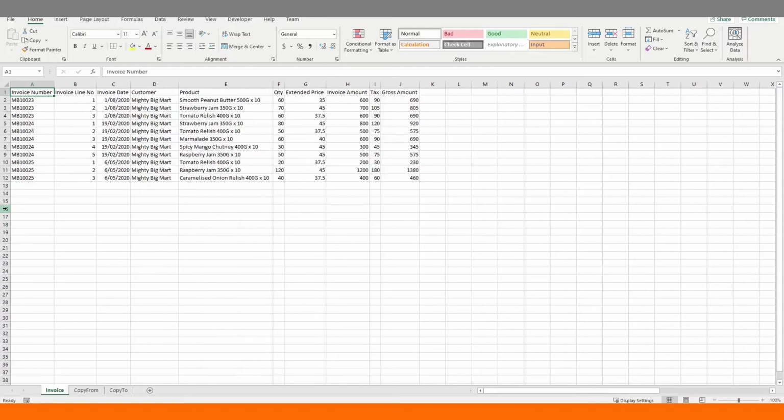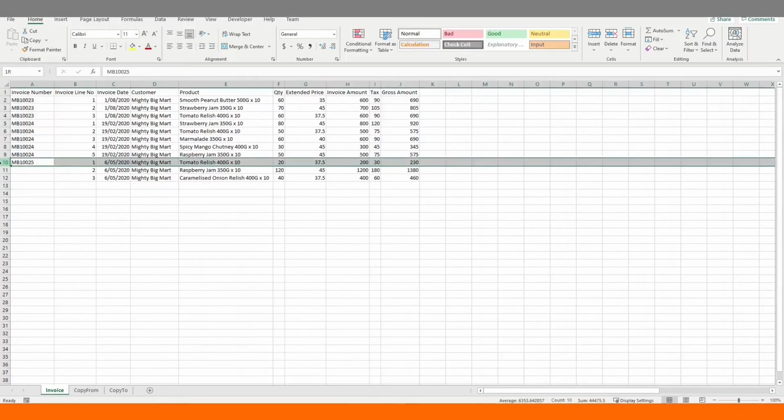Ctrl down or Ctrl plus up is only going to look for data within the same column as the starting cell. Same logic applies for Ctrl and the right or left keys. This is the biggest drawback of this method because the last row of data within one column may not be the last row of data for the entire data set.